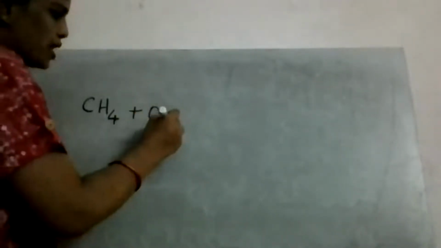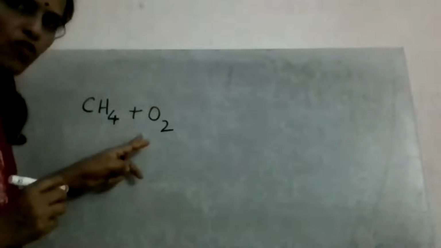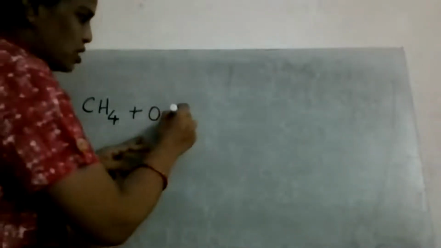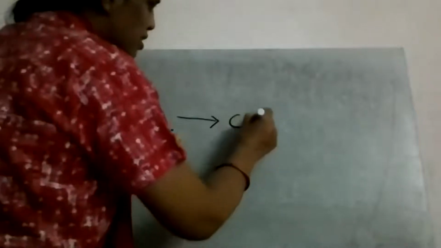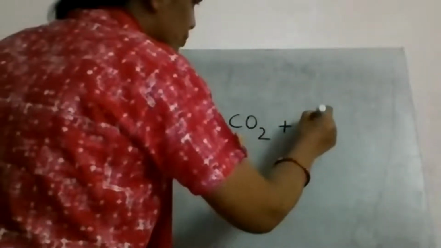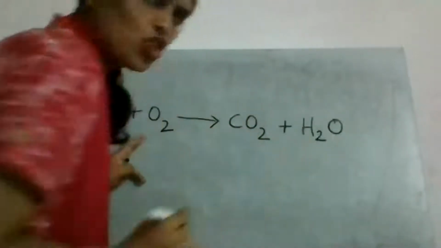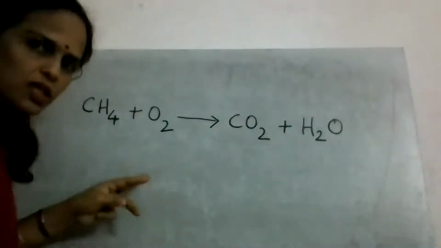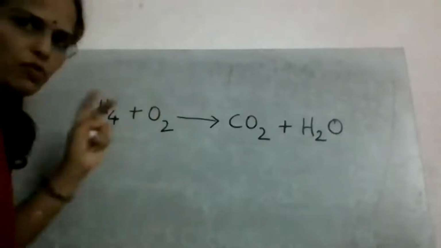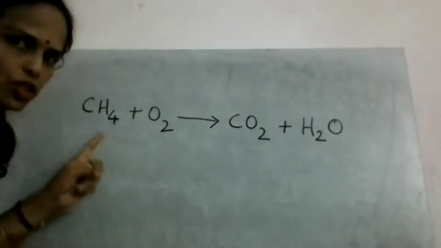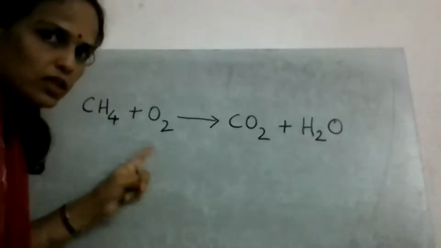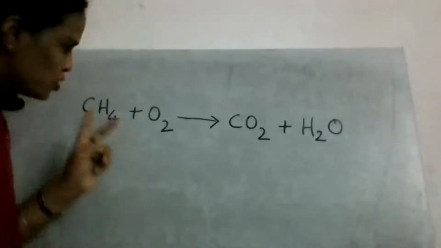I'm showing you here on the board. Methane has the formula CH4. Methane undergoes a combustion reaction, which is treatment with excess oxygen. The byproducts, remember, are always carbon dioxide and water. Before you deal with the stoichiometric calculations, remember that you need to balance this equation. If you do not balance the equation and do the numerical, you will get a wrong answer. So you need to balance.